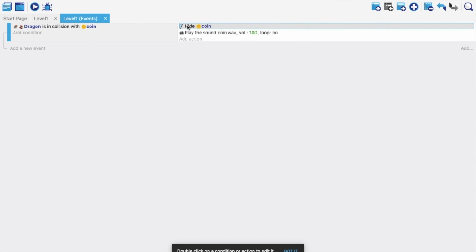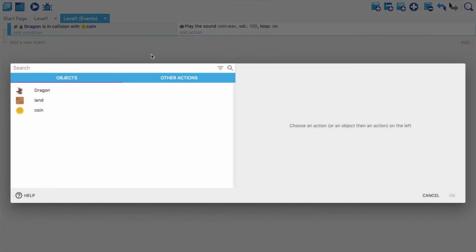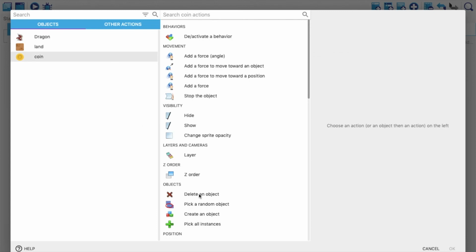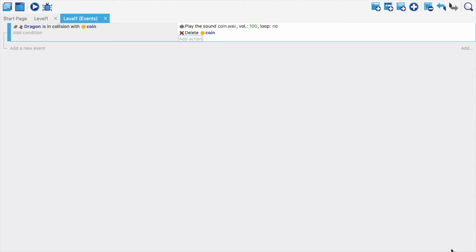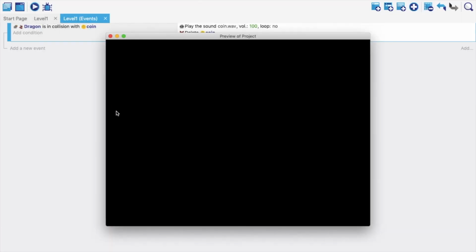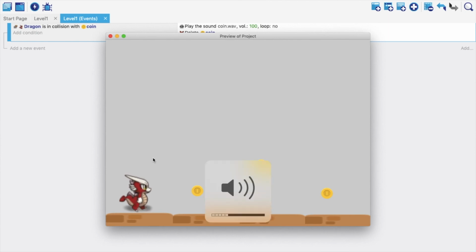Instead of clicking on hide the coin, I'll just delete this. I'll add an action that we should delete the object. So when I delete the object, the coin will not really hide, but it will just get deleted from there, and it will no more be there in that particular game for that particular session. So when I test now, I'm going to reduce this, it's too loud for me.